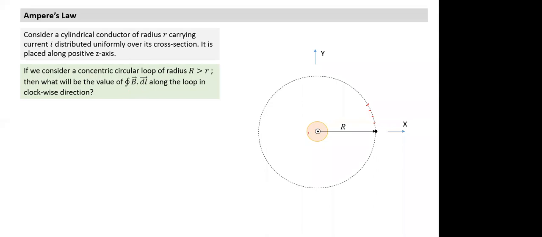In this case, because of cylindrical symmetry, it is possible to evaluate it if we start with the assumption that we already know the value of B. In this particular case, B is equal to mu naught I by 2 pi r. So can we evaluate it in the clockwise sense? If I put my thumb directed towards me, my fingers will curl in the anti-clockwise direction. So the field everywhere will be tangential. If I take a small element, B dot dl will be equal to B into the perimeter, B into 2 pi r, in this sense.